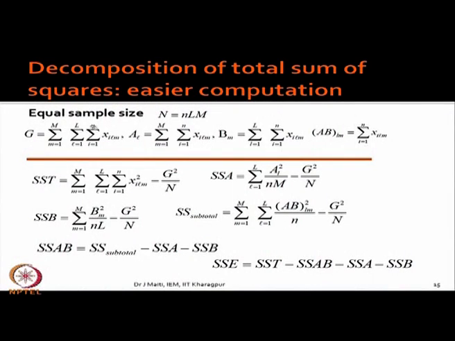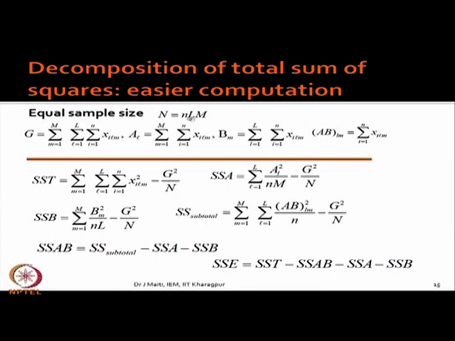Then the second quantity we are computing is the grand total G. That is going through all the cells, so it is over i and all the values in each cell. So, i equal to 1 to n is talking about all the values in one cell, and L equal to 1 to L for the departments or A factors, m equal to 1 to M for B factors. This is the grand total.